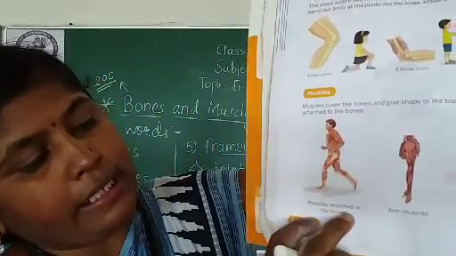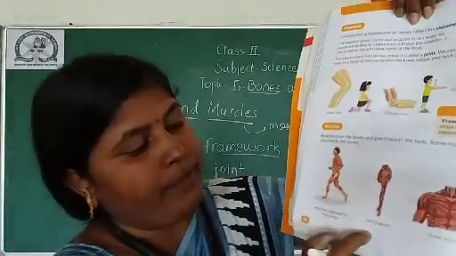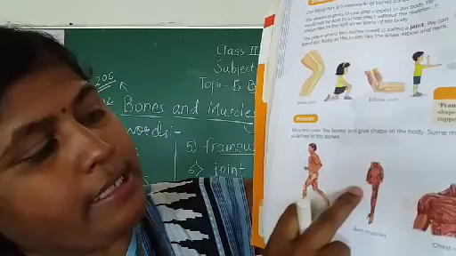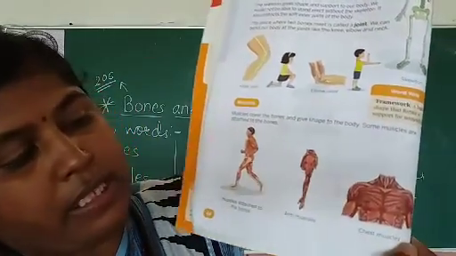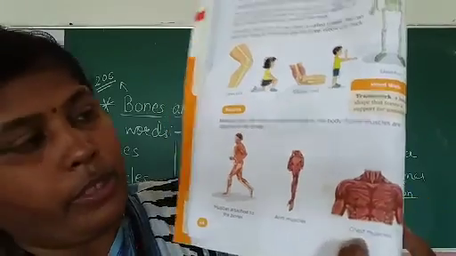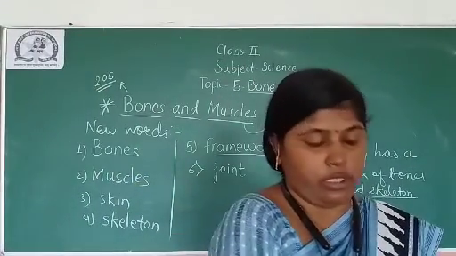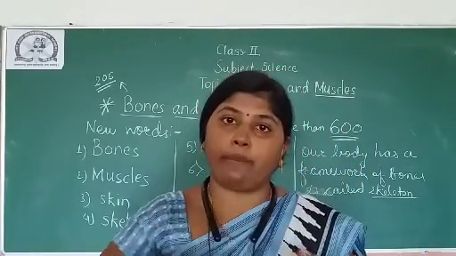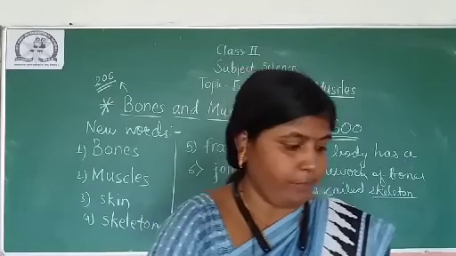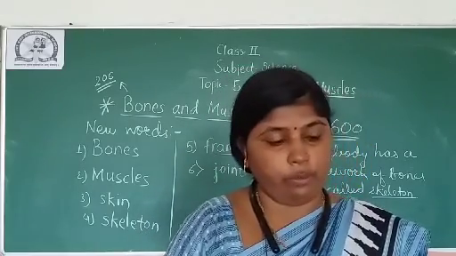See, muscles attached to the bones. This is a picture of a man, and these are arm muscles, you can see, these all are the muscles given in brown color. Chest muscles, see. Once again I will repeat, muscles cover the bones, meaning the muscles spread all around the whole bone, and give shape to our body, and some muscles are attached to the bones also.